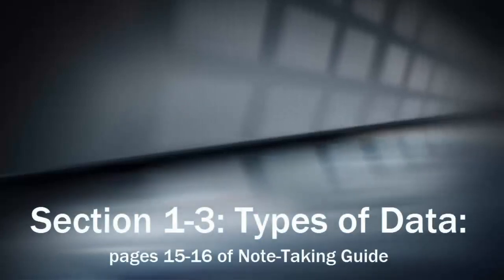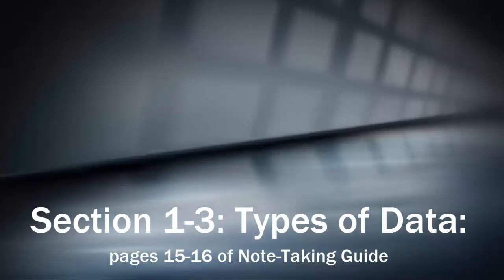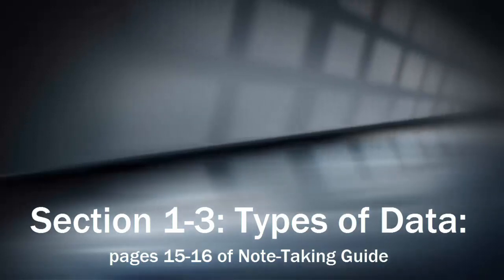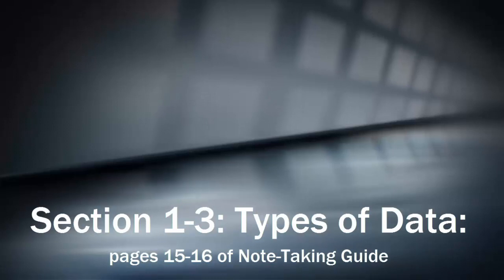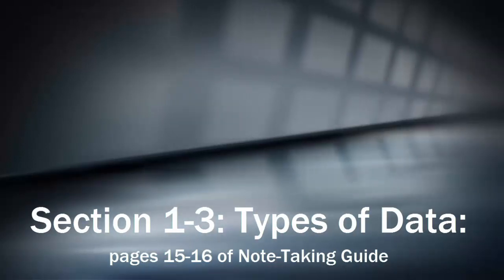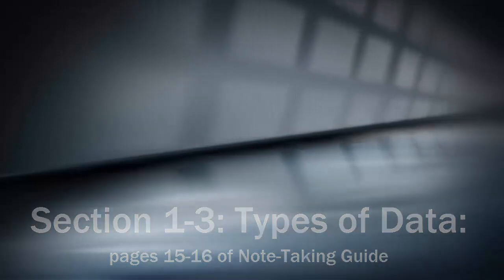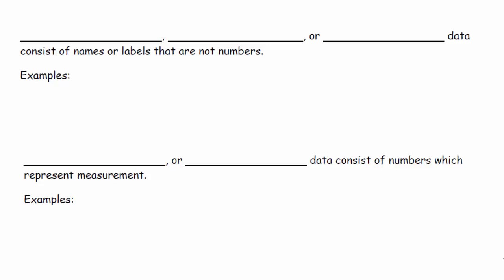Okay, thus far we have looked at measures of spread, measures of center, and one particular plot called a box plot. Now before we go on to look at various other plots, we need to stop and back up and talk about different kinds of data because different plots will use different kinds of data. This is section 1.3 in your book, so we're jumping back to the first chapter, but pages 15 and 16